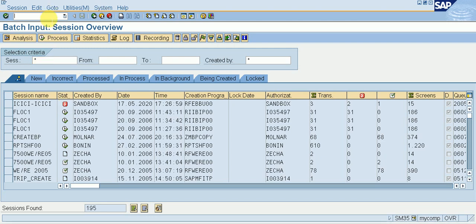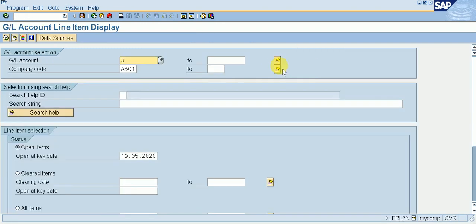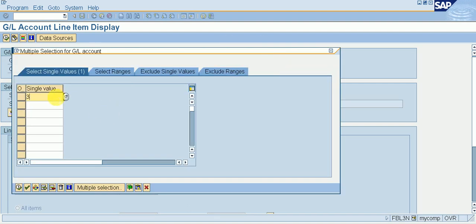Then go to /n FBL3N for check our post. Click on cleared items, give your accounts here 2, 3, 4 and 401.